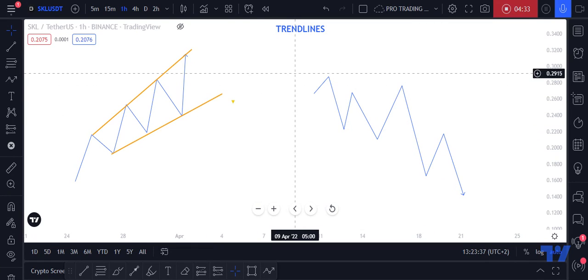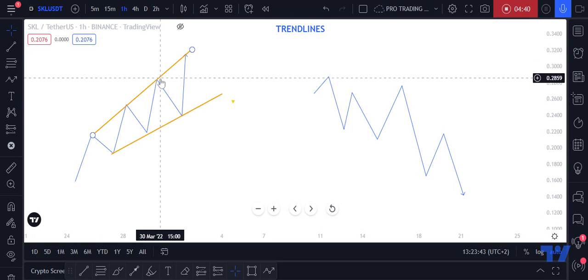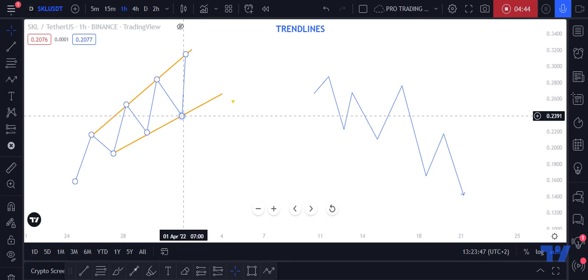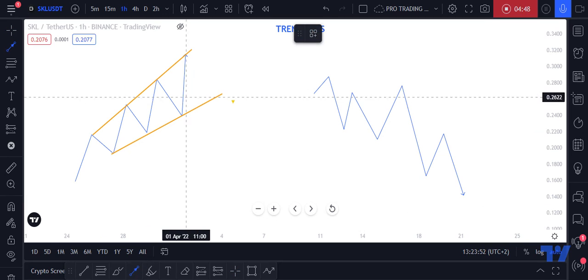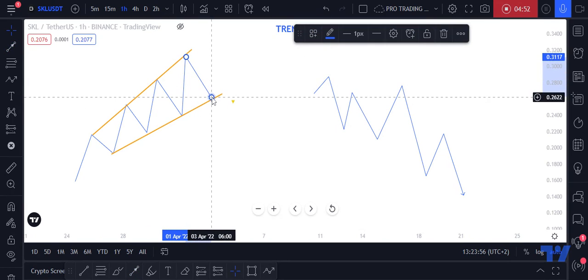This coin is trending up and I know that it is respecting these areas. I'm connecting my swing highs and swing lows. So when this coin comes back to your support trend line, you look for some sort of